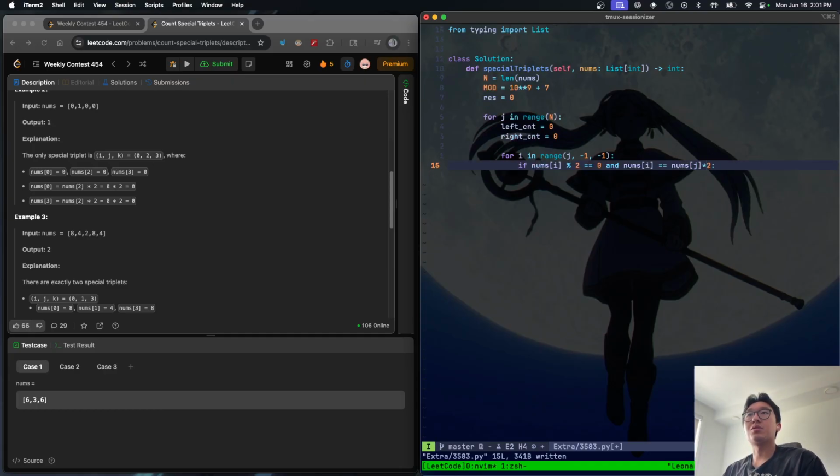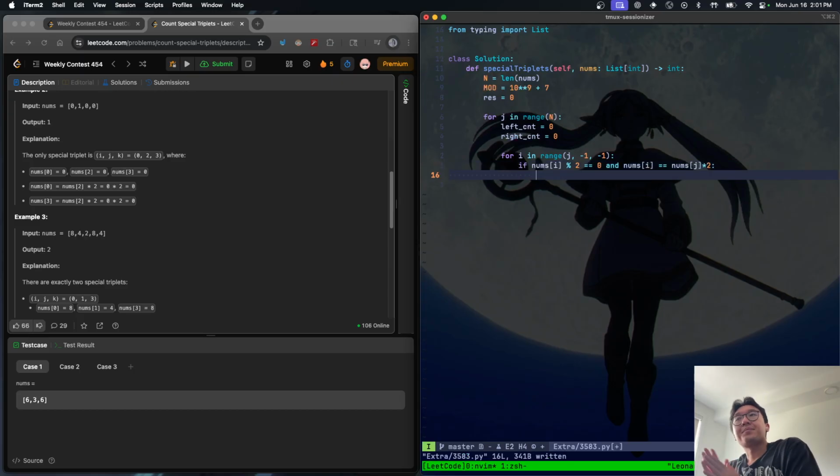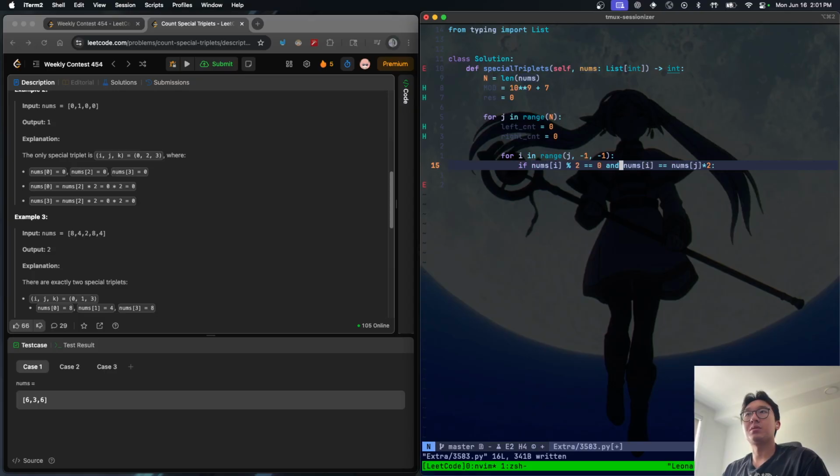It's actually times 2. Wow. I mean, if it's times 2, we don't need to do this because I thought it was divided by 2. Okay, so if i is equal to nums index j times 2,